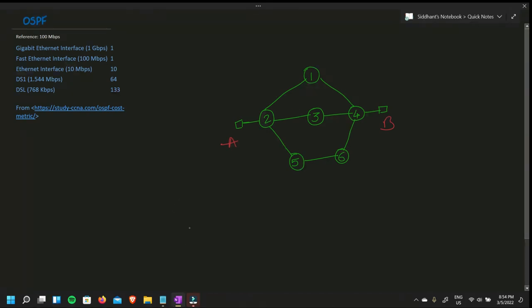So OSPF implements a mechanism. We elect a BDR and a DR. DR is the designated router and BDR is the backup designated router. So they get elected in an OSPF network. It is based on the router ID and also the priority. Priority we can set manually, and the router ID will be chosen by the highest number. Suppose this